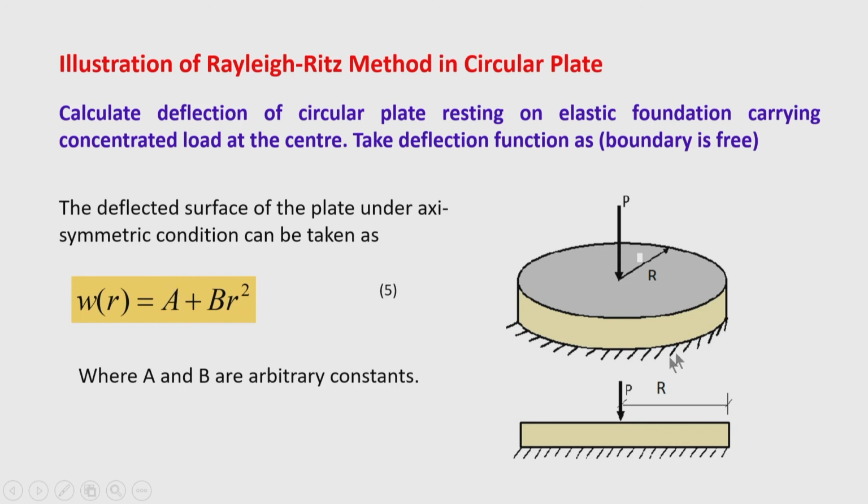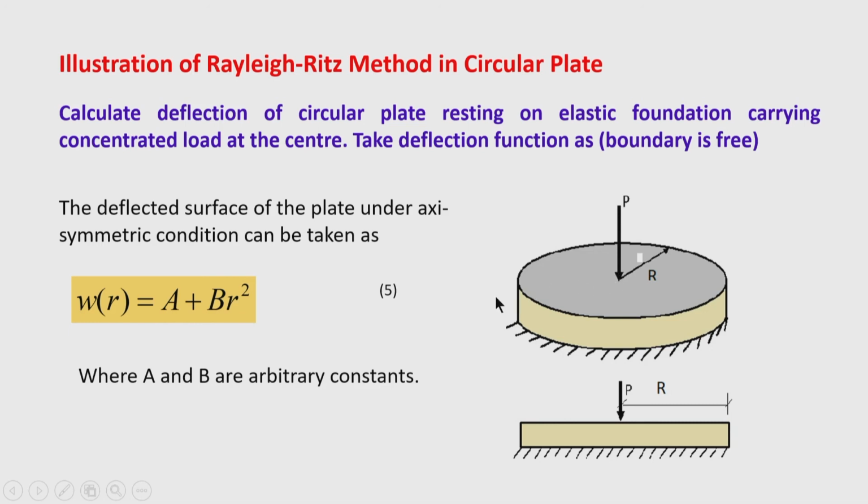However, due to the free boundary condition, we take the rigid body displacement term in the deflection surface expression. So, we assume the deflection surface expression with a 2 term series, that is a 2 term polynomial in R, because in an axisymmetrical problem the deflections are functions of only radial distance. So, it will be independent of the angular position theta. So, if this is taken as the deflection function, the loading on the plate is a concentrated load at the center.